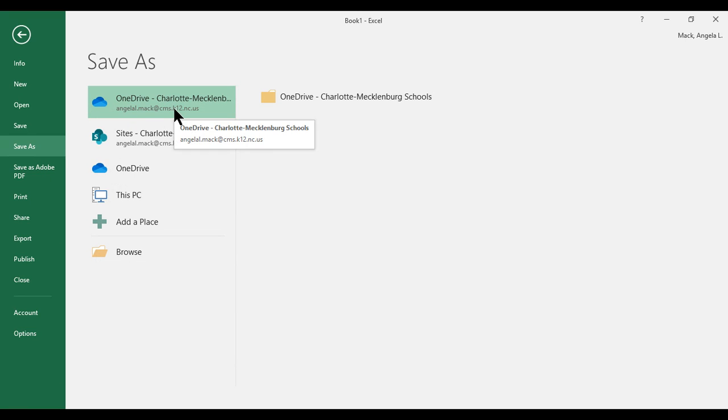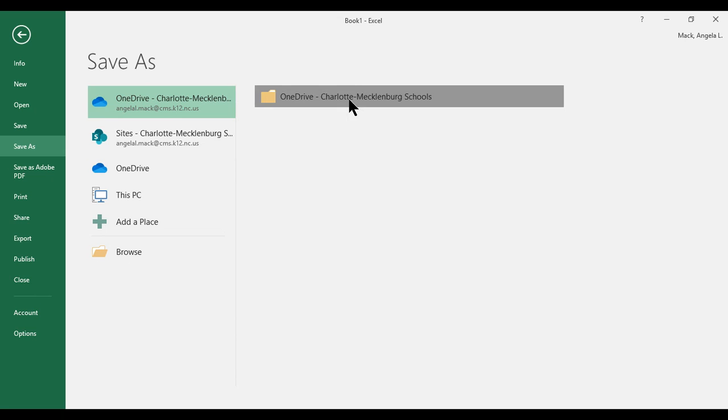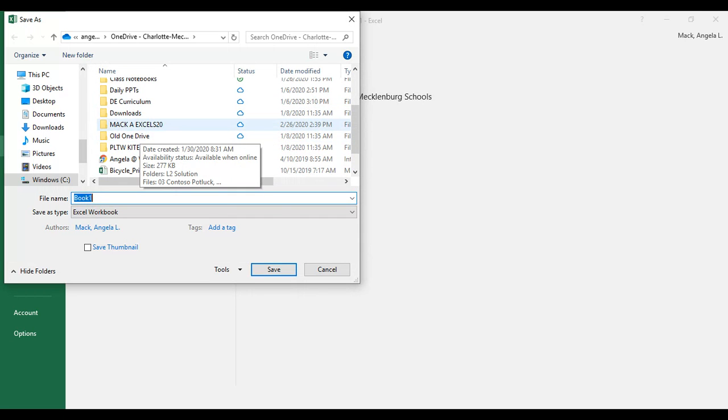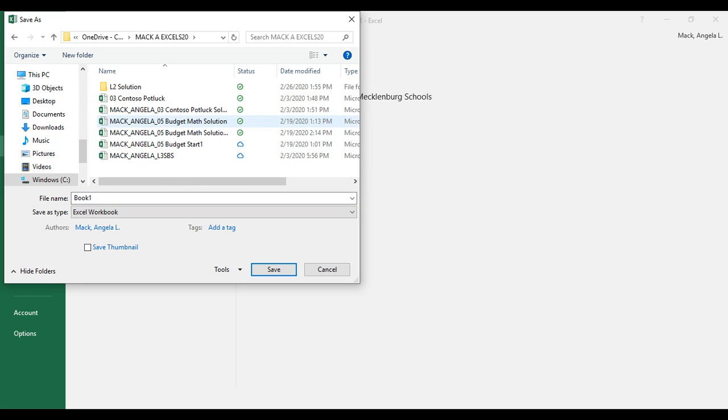We will ignore instructions from Microsoft on saving to the PC or to a flash drive. We're always going to use our OneDrive. So we'll click on our OneDrive for Charlotte-Mecklenburg Schools. And we will place things in our class folder in this case, which is our last name, first name, Excel S20 folder. And